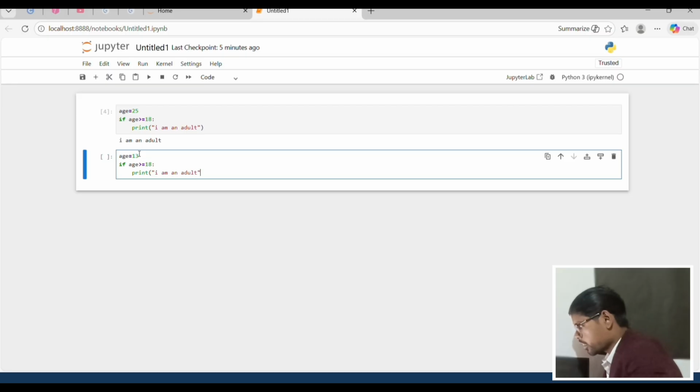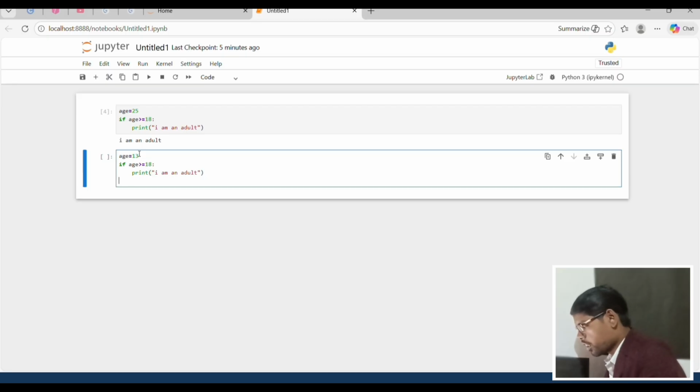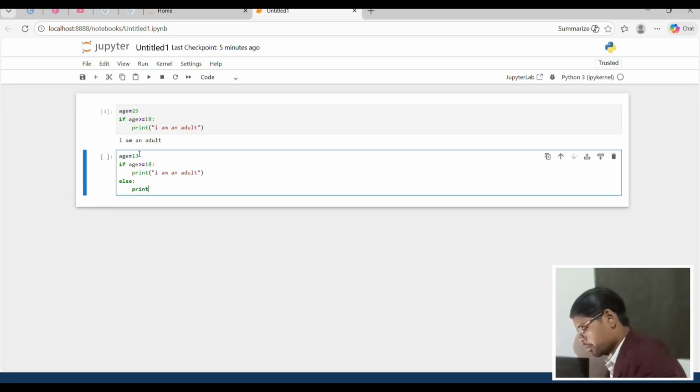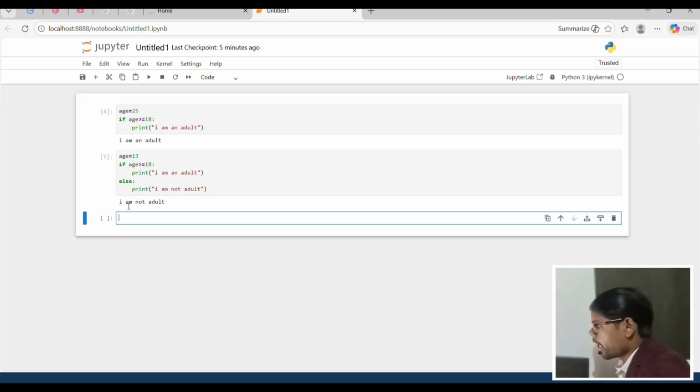Since it contains true and false values, I use else and print I am not adult. Run and check. Yes, I am not adult, because the if condition is false, so it runs the else. It contains true and false values and conditions.